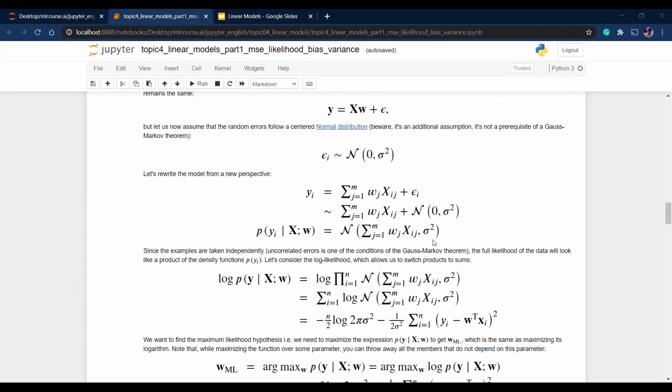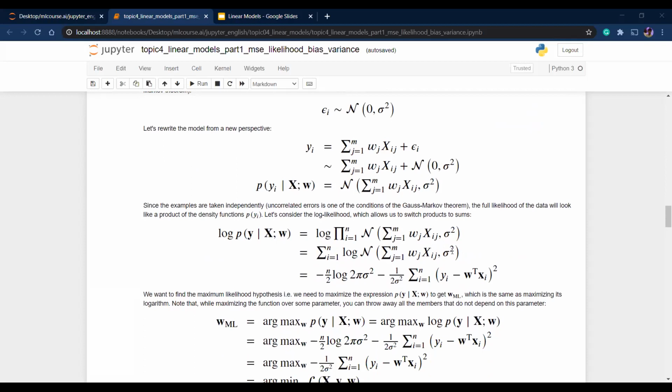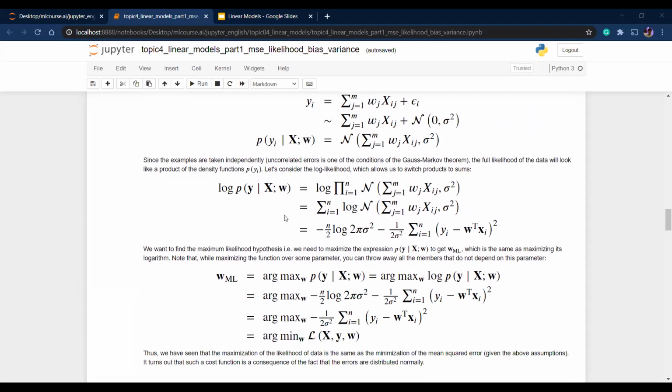Okay, so again, we have the equation, we take the log and we try to take the derivative, set it to 0, and it's the same thing all over again, just another format. So I think I should also spend a minute or two here just to explain what's happening, because this might seem confusing. So we take the log of the probability of y given the inputs x and w,